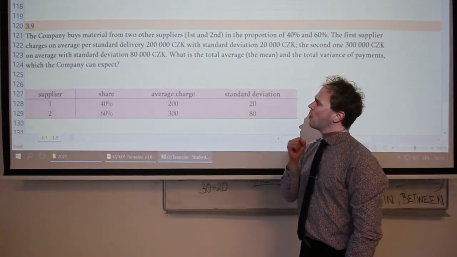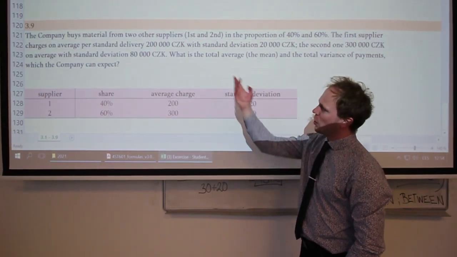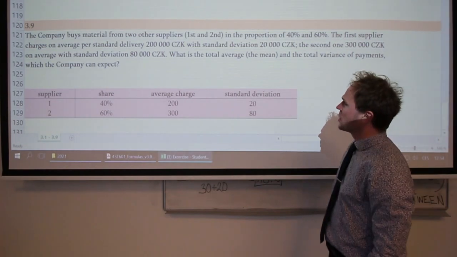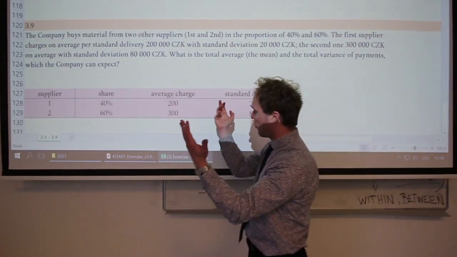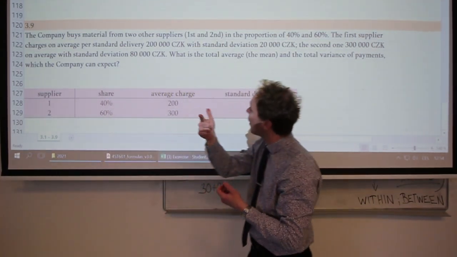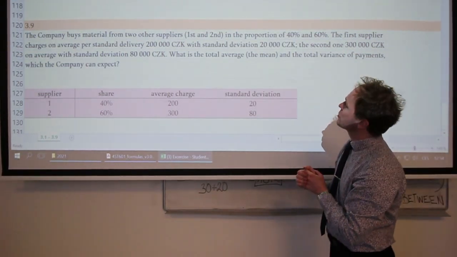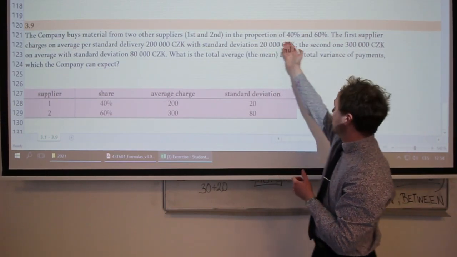I will solve for you also this example. The company buys material from two other suppliers, the first one and second one. So again, we have here, for example, two groups, supplier 1 and supplier 2. So you are buying the material from two other suppliers, and there is given the proportion